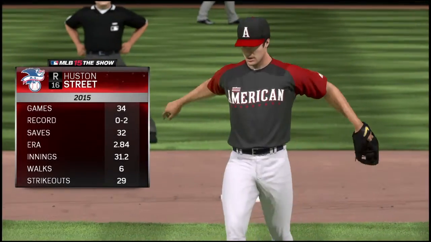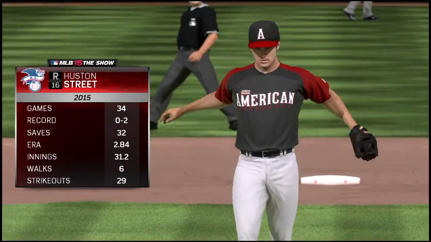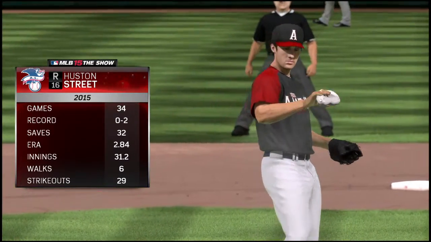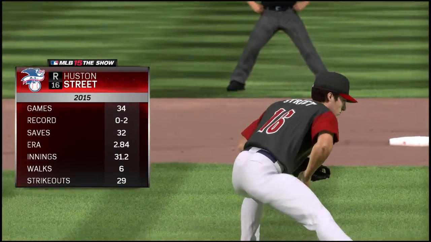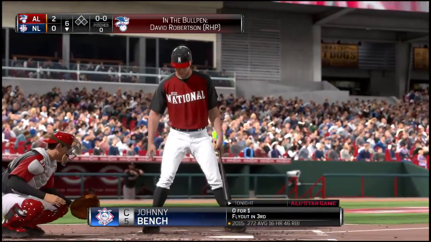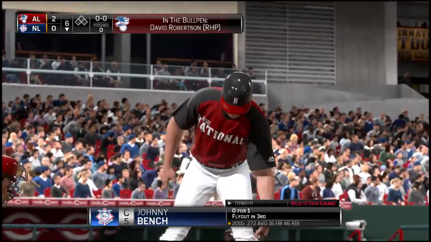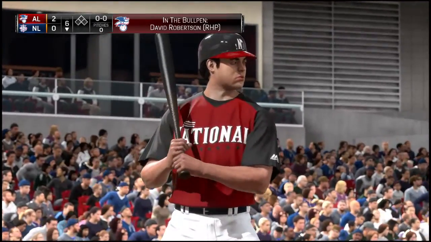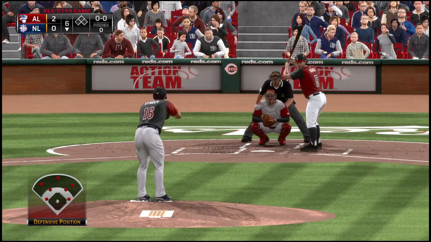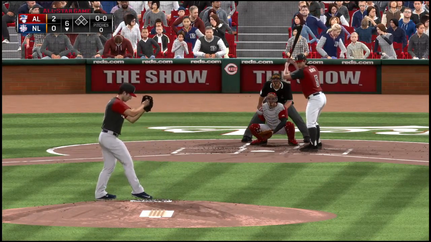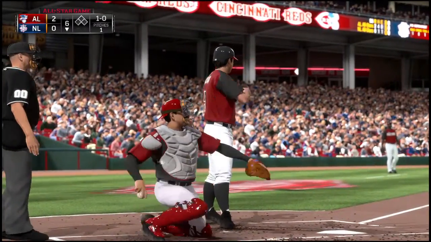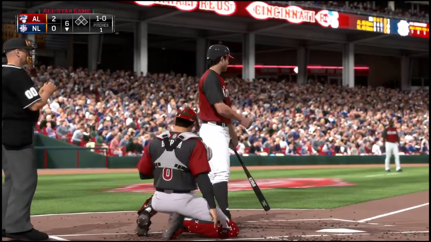Houston Street will come on now as he'll start out the bottom of the 6th. Number 16, Houston Street. Johnny Bench will try it again. He flew out his first time. Catcher, Johnny Bench. First pitch sinker misses in on the hands that time. It's a ball and no strikes.